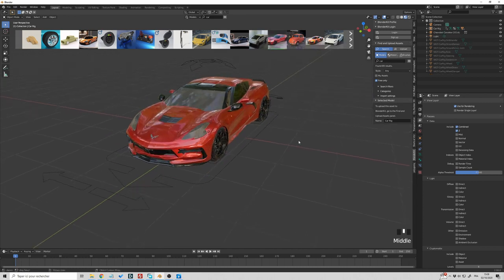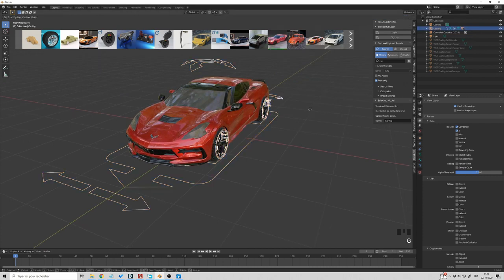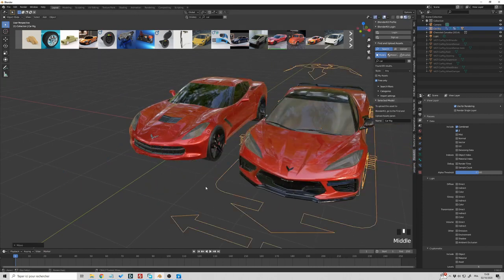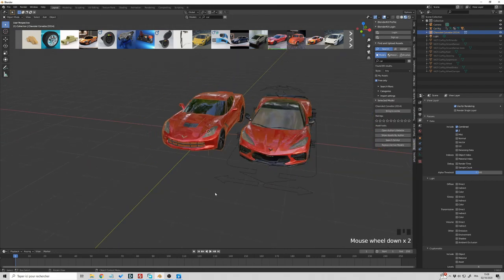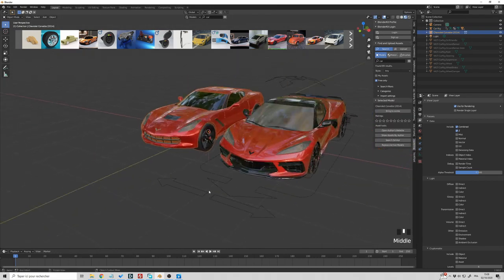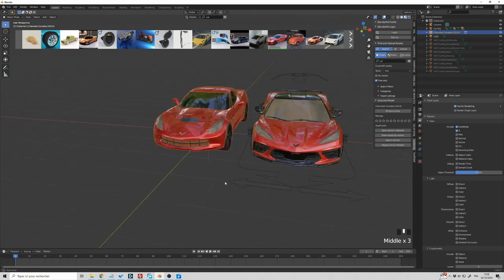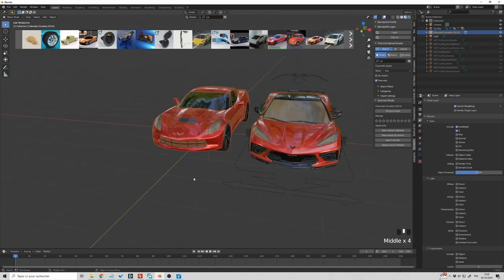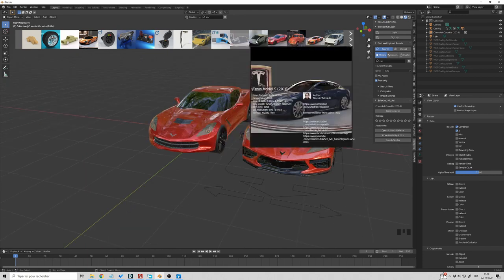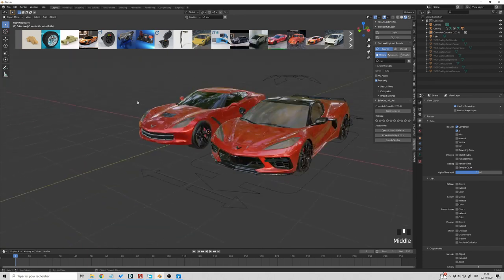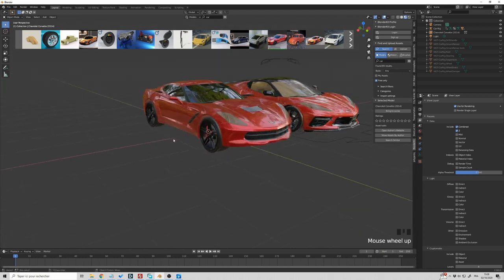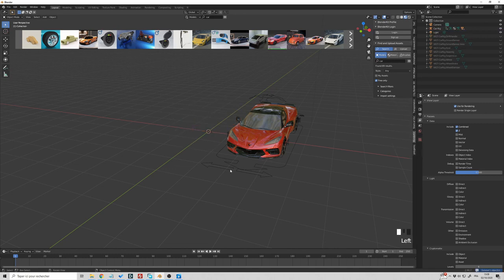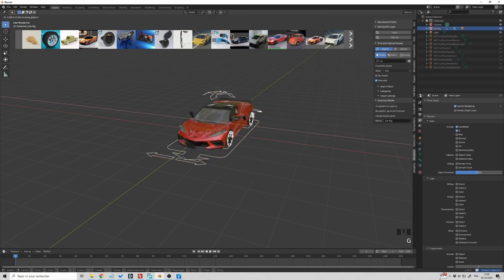Okay, the Corvette is here. Let's move my car and see that you have now a free car available to follow along. Of course, the final results, the realism of the video depends on the model of your car. I think the one from my friend is a little bit better, but you have the choice to follow with a free car. And I'm sure that the animation that we'll do with this car will be pretty decent and pretty good also. Okay, so let's delete this one and we come back with this car.